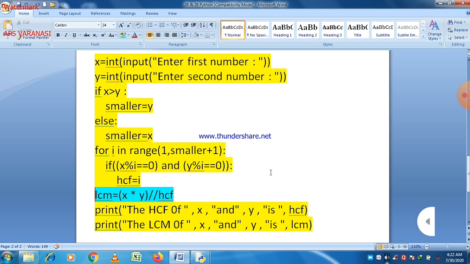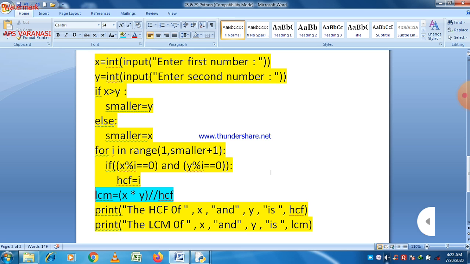So this is very simple to find out the LCM. First of all, you have to find out the SCF of two numbers. If you are able to find the SCF of two numbers, so you have the SCF already, then you can easily know the LCM of those numbers. Just multiply these two numbers and divide it by the SCF. And here one thing should be noticed, that we use the floor division operator. So now you have SCF and LCM.